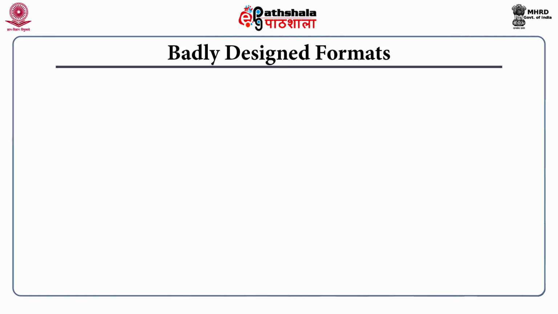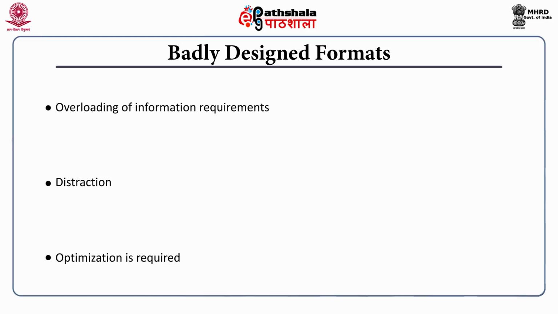The next factor is badly designed formats. Another design related error related to performance management system is opting for poorly designed formats to implement the system. Many times it happens that in order to implement the system, implementers have to go through a cumbersome exercise of filing tons of information. It consumes most of their time and energy and results into frustration. A frustrated implementer could not focus on other important aspects of performance management system.